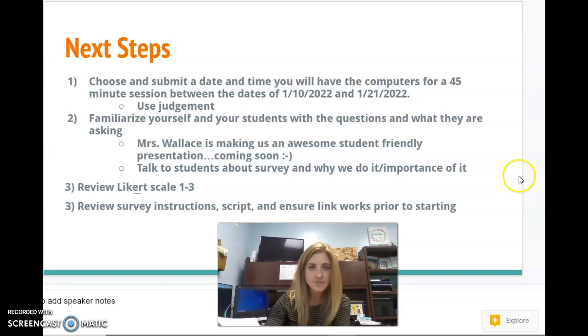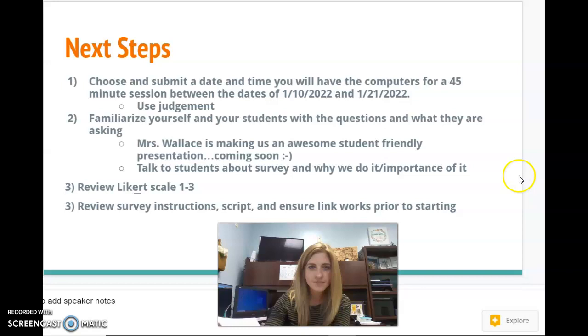So you can do some different examples of the scale. When you see the questions, a lot of times there'll be some that, if it says 1 through 5, that is how they do it for the high schools and things like that. So ours is just a 1 through 3 with the agree or disagree. But they'll have some other things like never, sometimes, relaxed all the time. So just different kinds of Likert scale questions.